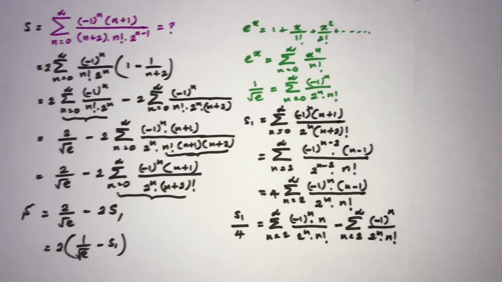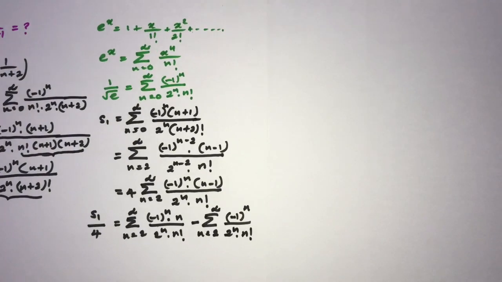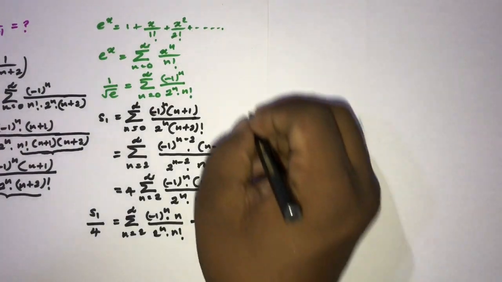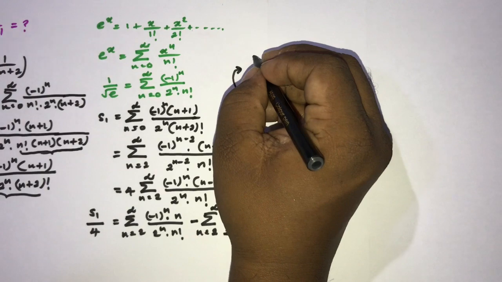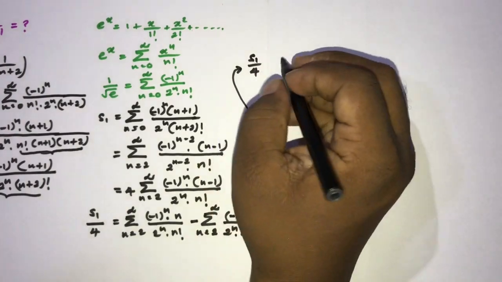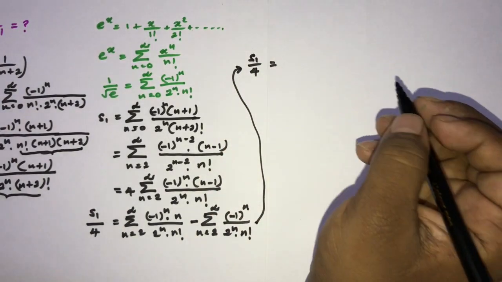Okay, then we can simplify, so we can write now S1 over 4 is equal to